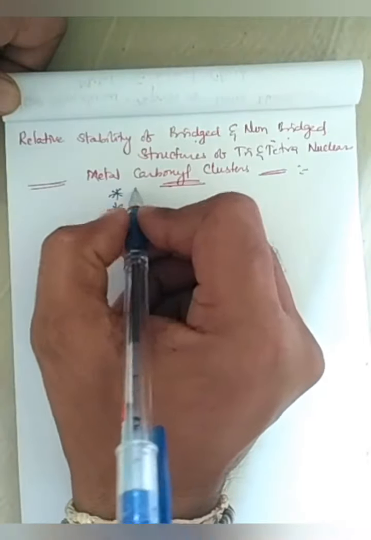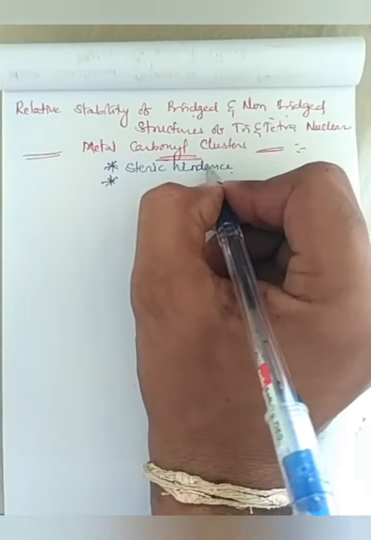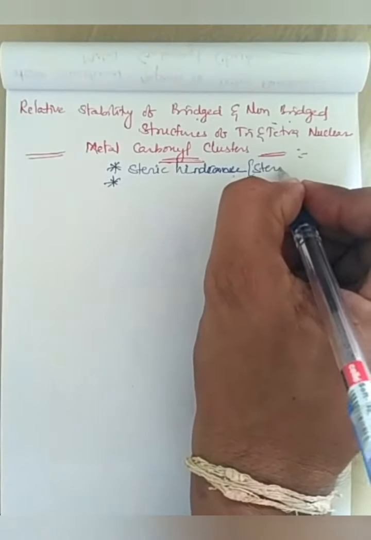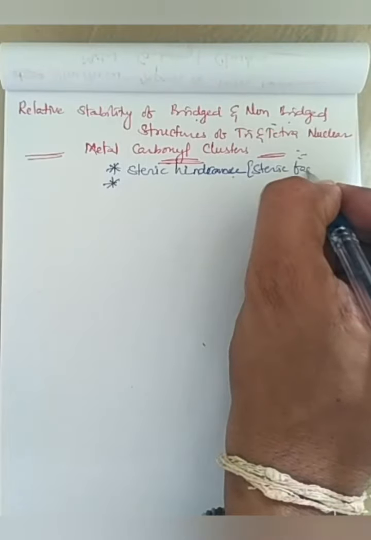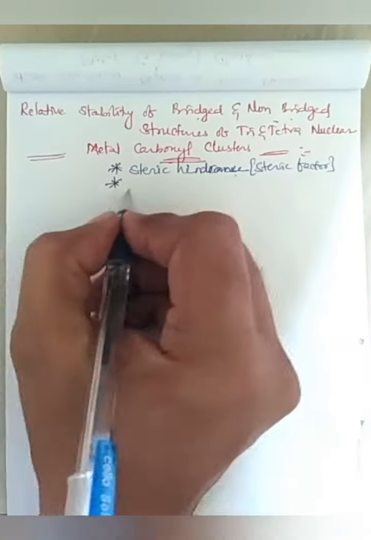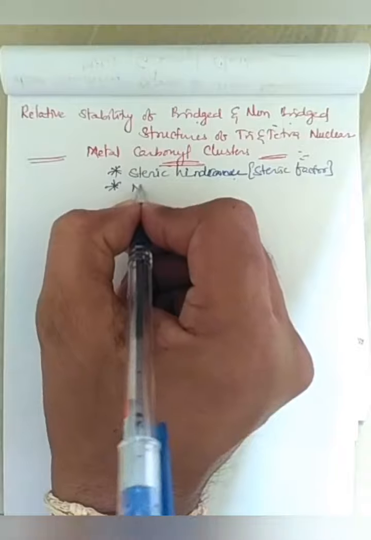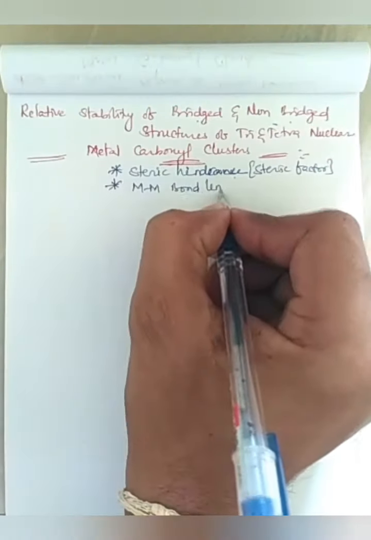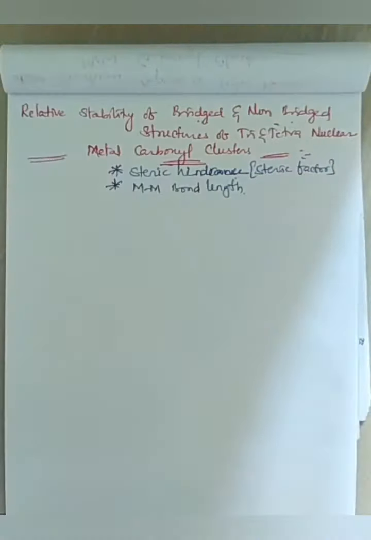One is steric hindrance, or we can say steric factor, and the second is metal to metal bond length. With these two factors we can explain the stability of non-bridged and bridged structures in tetra or trinuclear metal